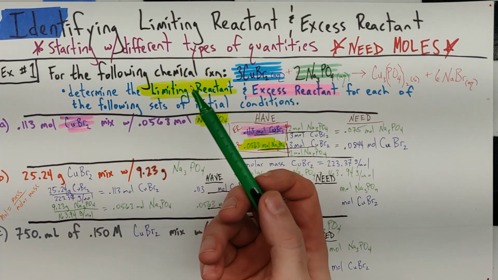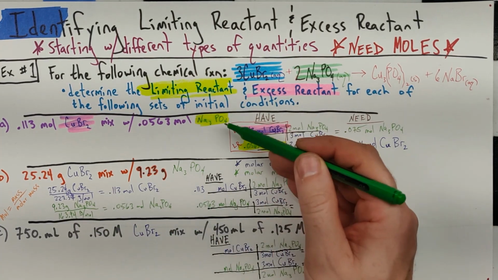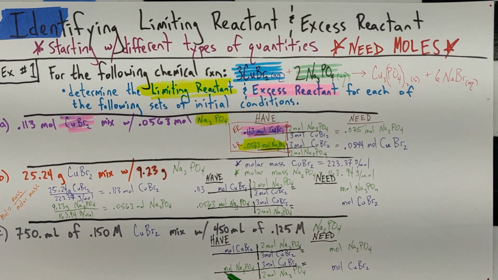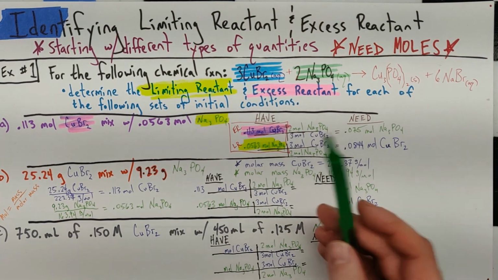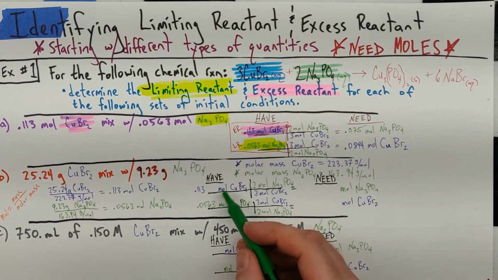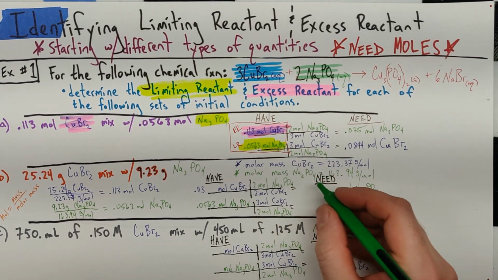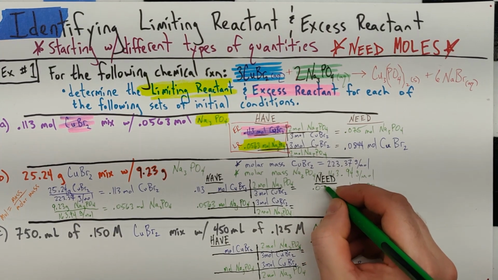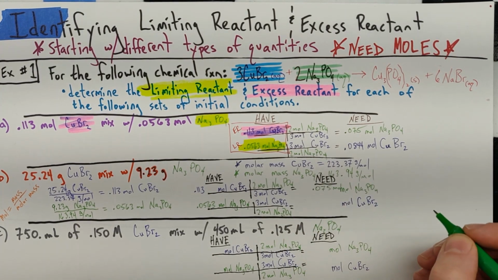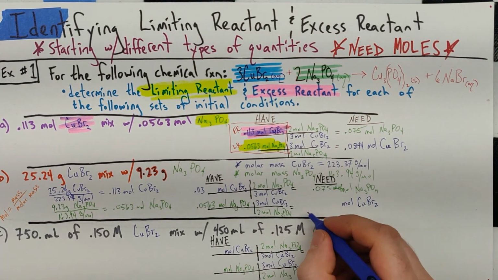Now, in a different problem, you'd probably be given amounts that didn't match that way, and you wouldn't always get the same number of moles here and here, and spoiler alert, I'm going to end up with 0.113 and 0.0563 when I evaluate this. But for this particular problem, I wanted to show that no matter how you start, once you get to moles, the calculation is the same, even though these numbers may end up differently. For this one then, we end up with, again, 0.075 moles of Na3PO4. And for the copper bromide, we end up with